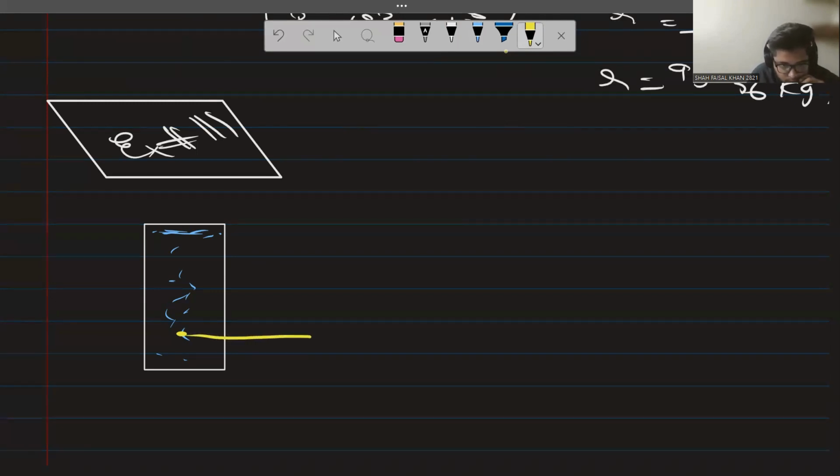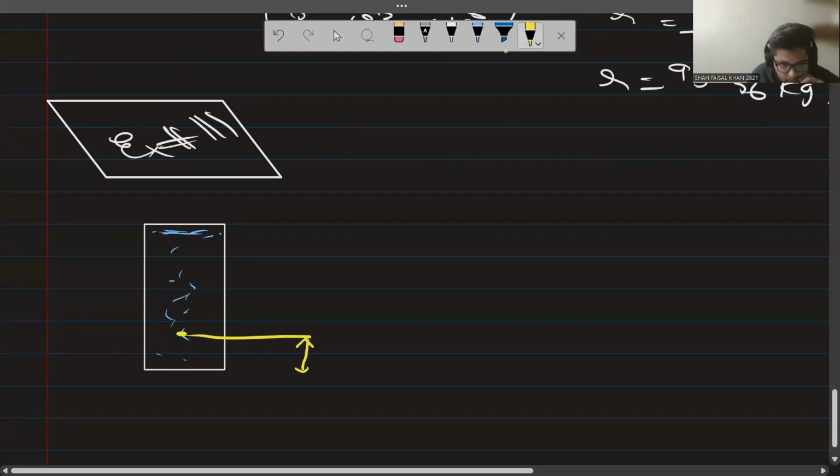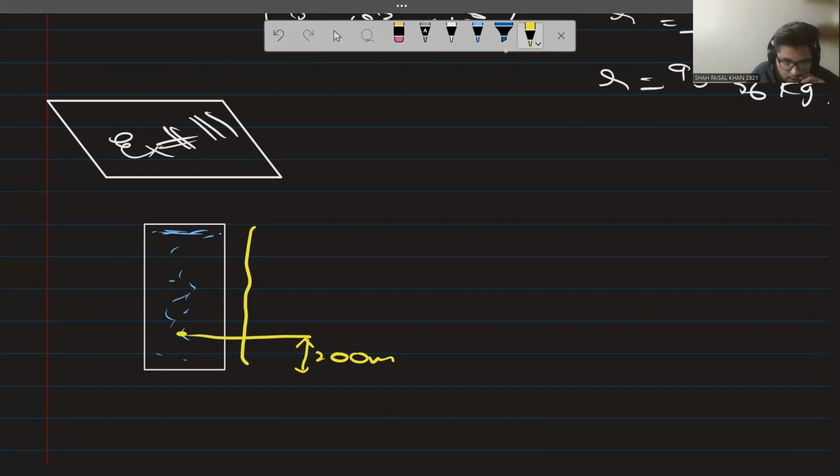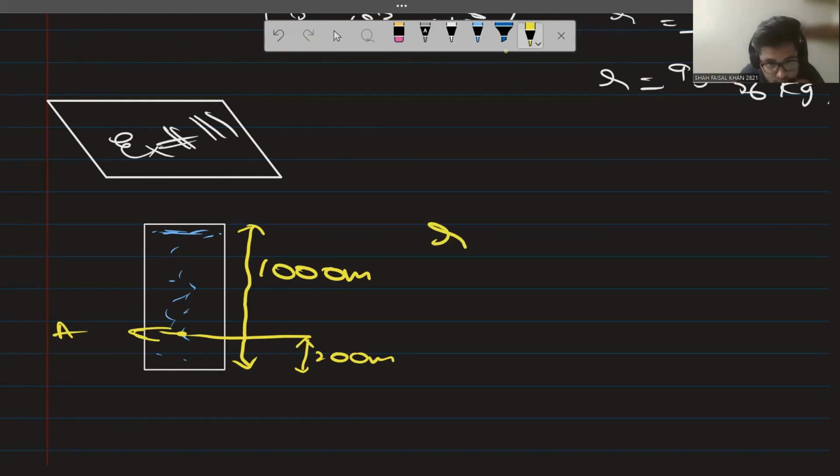The distance of the dot from the ground is 200 meters, and the distance from the top to the ground is 1000 meters. Basically, we have been asked to calculate the pressure at this point. Let's name the point A. Rho is also given, which is 1000 kg. So how do we find the pressure? As the values are given, but first, what do we have to do? First, we have to